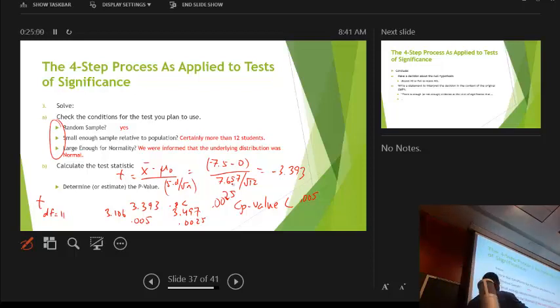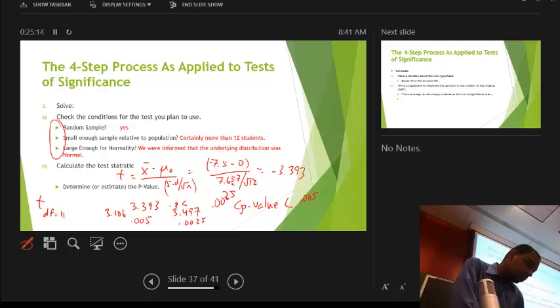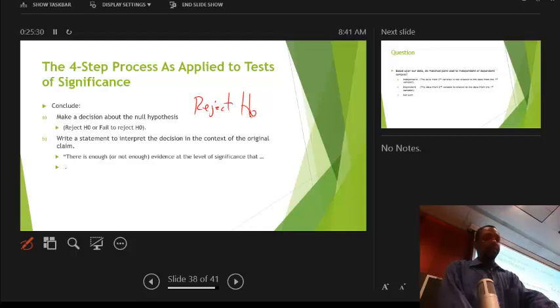And so the p-value between those two numbers is less than 0.05, so we can reject the null hypothesis. So we reject the null hypothesis, and we conclude that